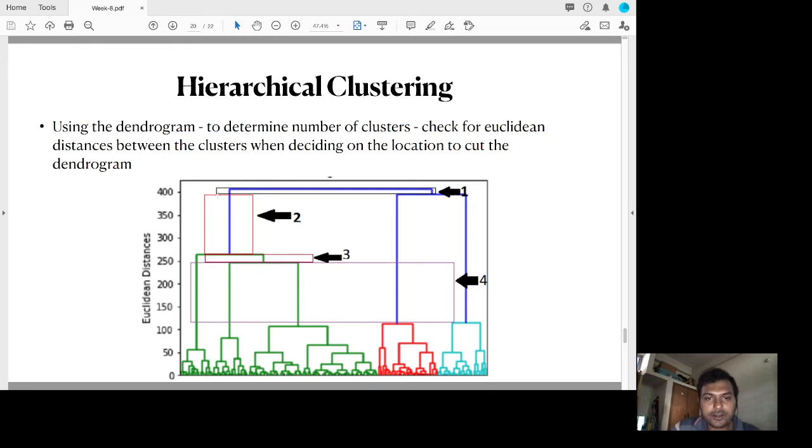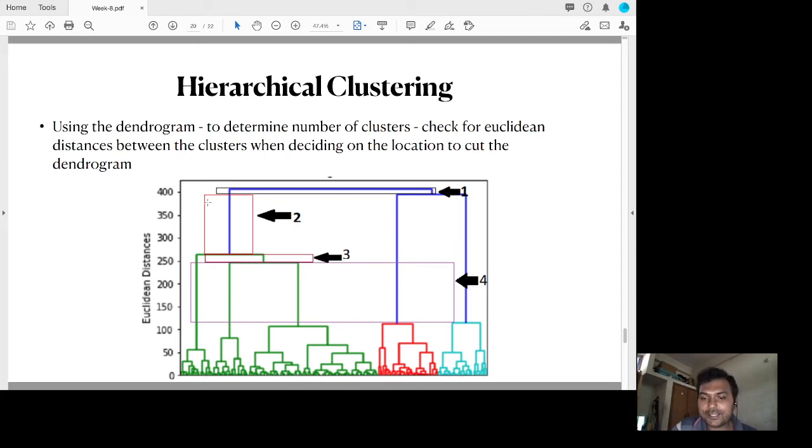Okay, so let's say I have 4 candidate rectangles where I want to cut this particular Dendrogram. If I cut the Dendrogram somewhere within this rectangle, which is shown by this arrow 1, this means that I am cutting at this level, and the Euclidean distance between the right blue cluster and the